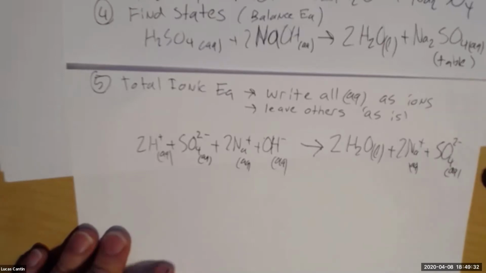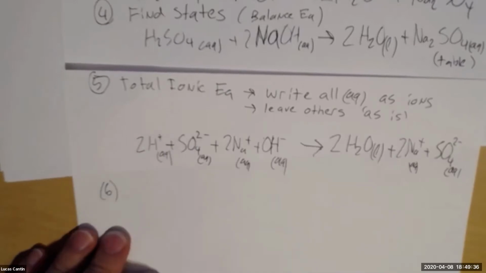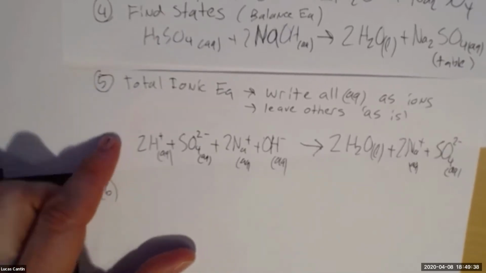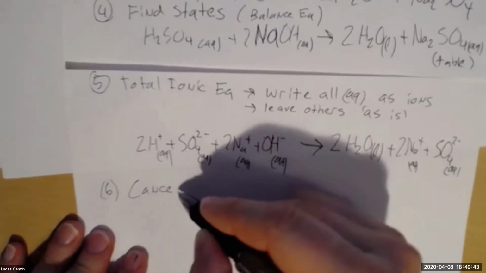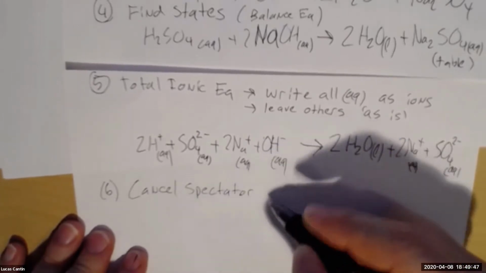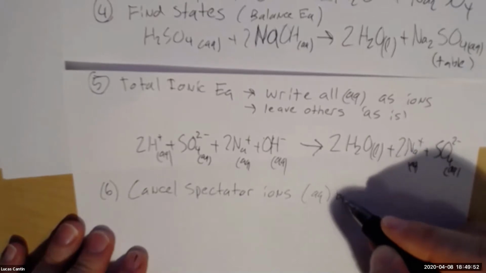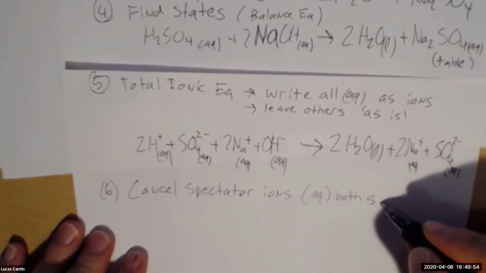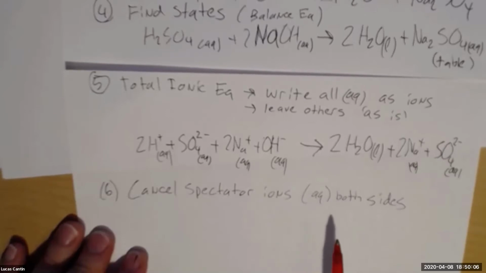And so that's my total ionic. Next step, usually to me, the total ionic is kind of a throughway to get to the net ionic, but let's cancel spectator ions, which are aq on both sides. What's aqueous on both sides? You might just keep the H2O. I'm going to keep the H2O,